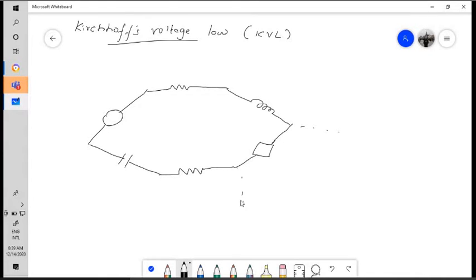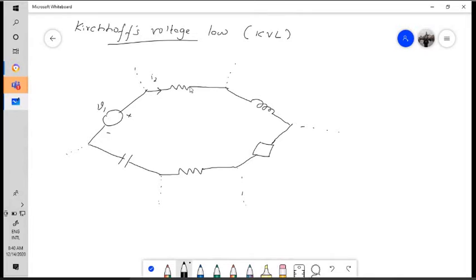Now I am putting some dotted lines here. This dotted line means that this is not the entire circuit, or this is not the circuit as a whole. This is a portion of the circuit where you are coming across a loop where we are going to apply this Kirchhoff's voltage law. So let us say all these polarities are given to you, so you don't have to worry.